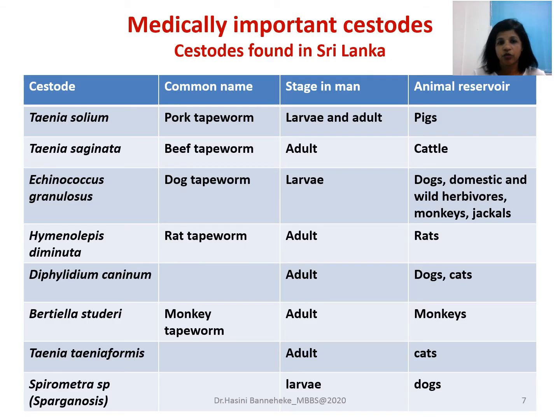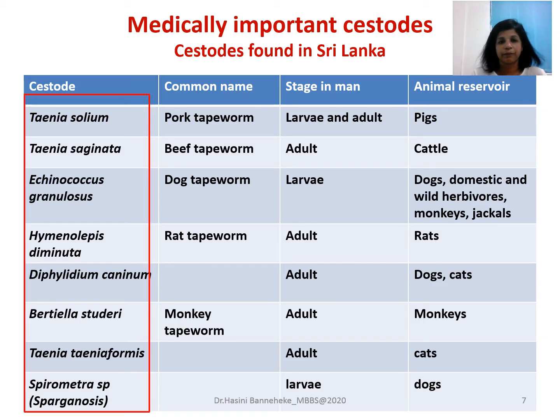So this slide shows you the medically important cestodes found in Sri Lanka. If I read the names out: Taenia solium, Taenia saginata, Echinococcus granulosus, Hymenolepis diminuta, Dipylidium caninum, Bertiella studeri, Taenia taeniaeformis, and Spirometra species. Those are the cestode infections which are prevalent in Sri Lanka. Now I have also given you the common names used and the stages in man and the animal reservoir, which you can go through later on. And anyway, we are going to learn each of these infections, some in brief, some in detail,